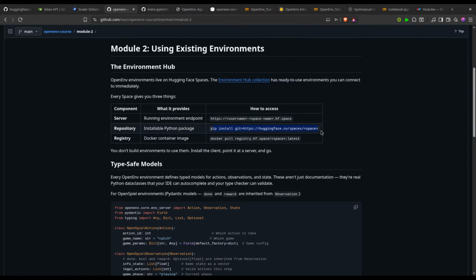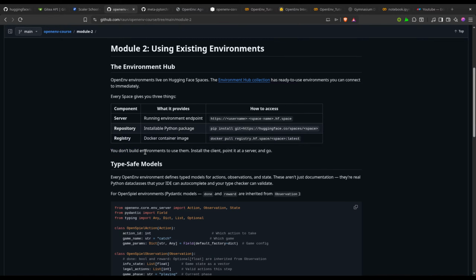So this is how we install the Python packages over the environment, using the same endpoint where the environment is running. And then there is one more thing, which is the registry, where we have put our Docker container image so that we can pull it in the environment.